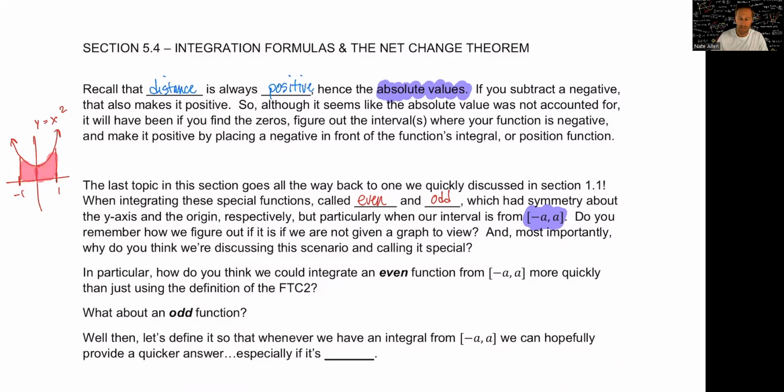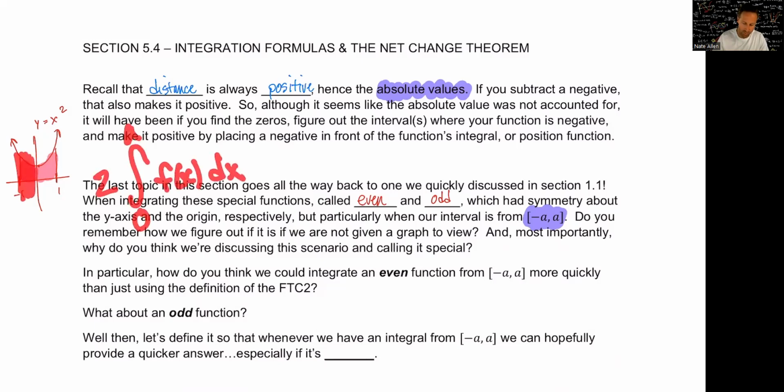So whenever we have an even function, we can do it quicker by just saying, you know what, let's only do half of this. But then we will go from 0 to a and just double it,